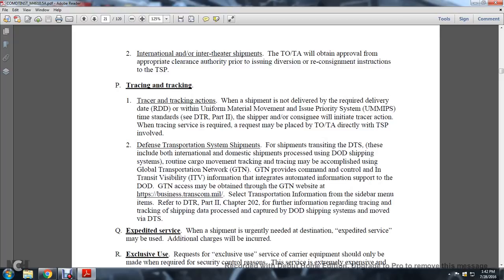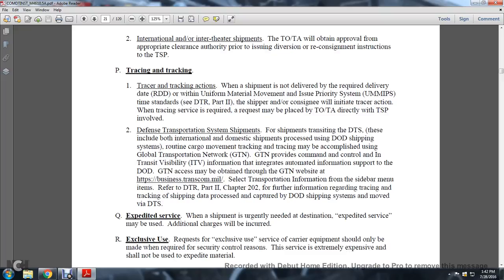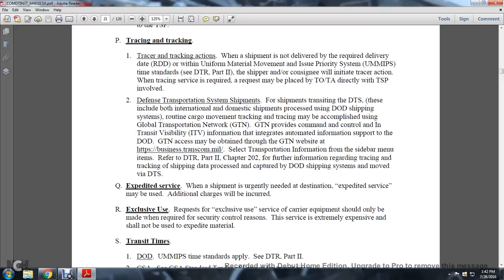P. Tracking and tracing. Tracer and tracking actions. When shipment is not delivered by the required delivery date, per the uniform material movement and issue priority system, UMIPS, and time standard of the DTR Part 2, the consignee will initiate the tracer action when the tracer service is required. The request must be placed through the transportation office or the transportation agent directly to the transportation service provider. Defense Transportation System, the shipment,